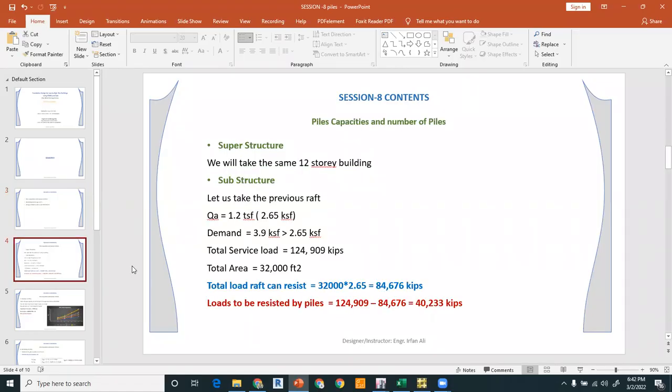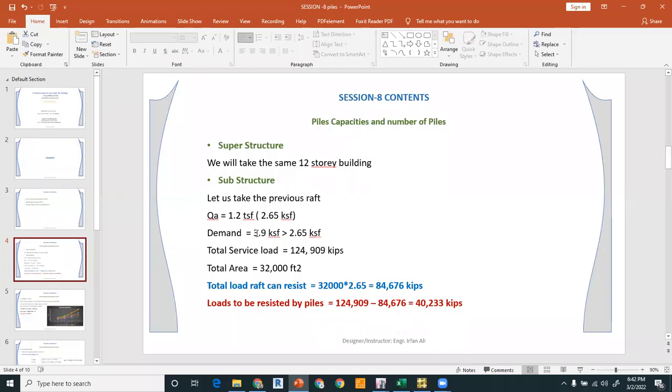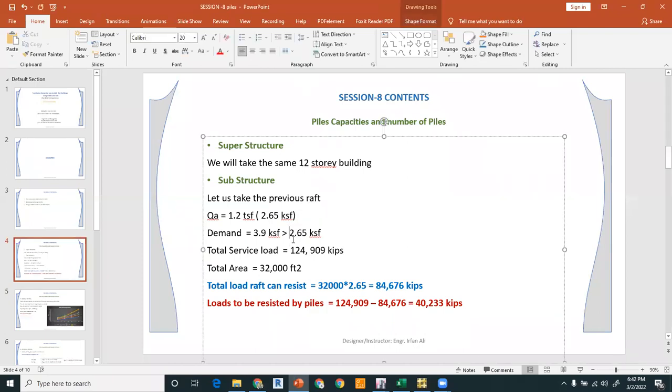So for the design of piles, we will take the same 12-story high-rise building, and this time we will consider the allowable bearing capacity as 1.2 TSF, which is equal to 2.65 KSF, instead of 2 TSF, which we had taken in the previous session for the design of the raft, right? So the demand is the same because the structure is the same, which is this 12-story building, and the demand coming from the superstructure is 3.9 KSF, and this time the allowable bearing capacity is less than the demand,